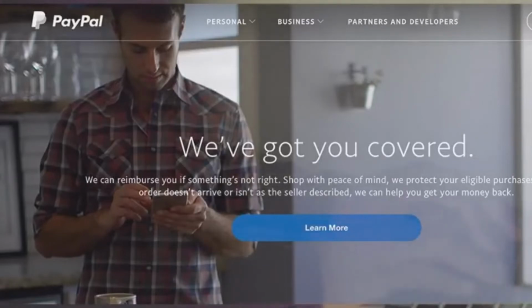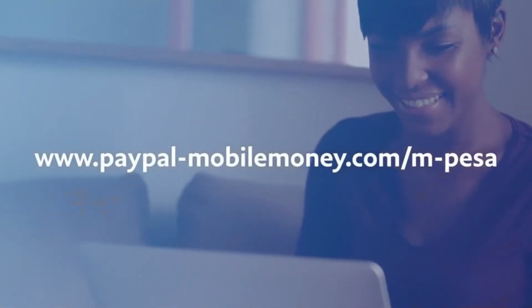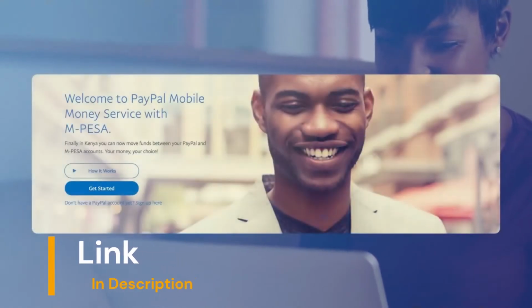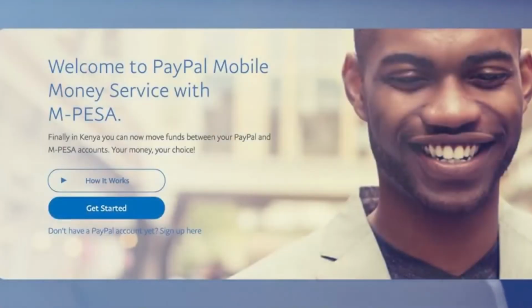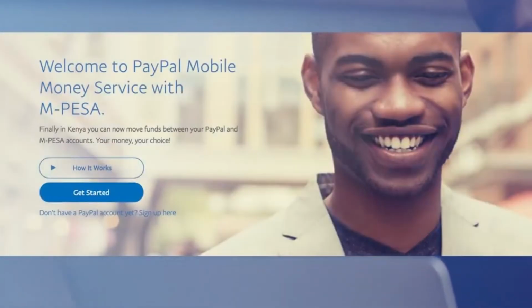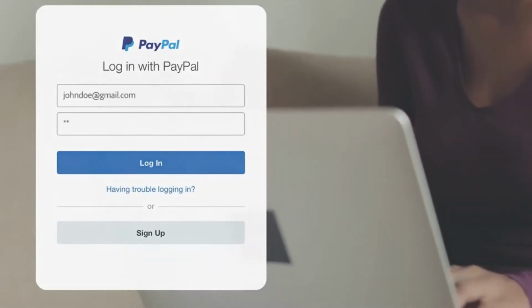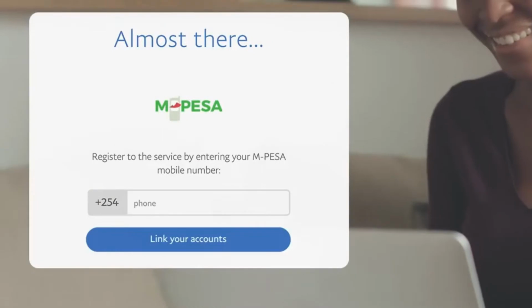So to register, go to the PayPal mobile money service. The link will be down in the description, so don't worry, I got you covered. So next you want to go ahead and click on the get started button on the website. Use your PayPal email and password to log in, and then link your PayPal and Mpesa number on the website